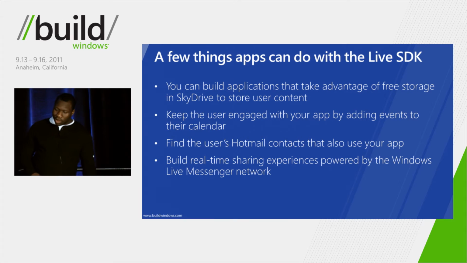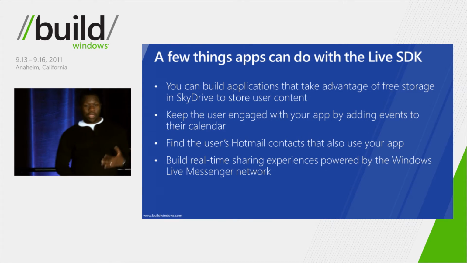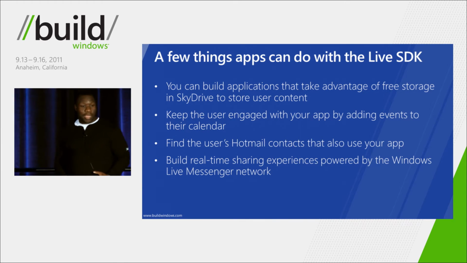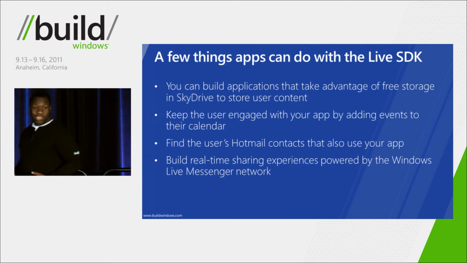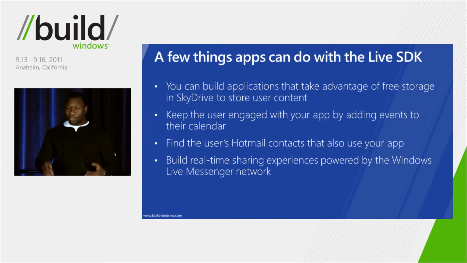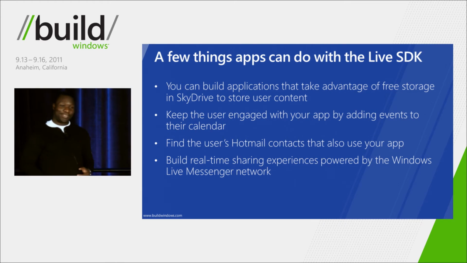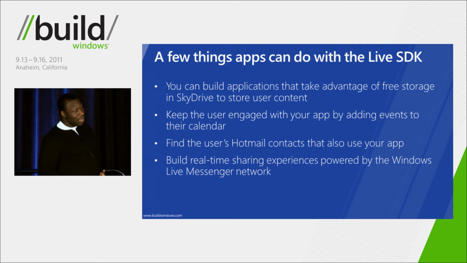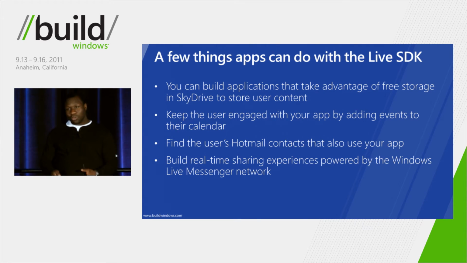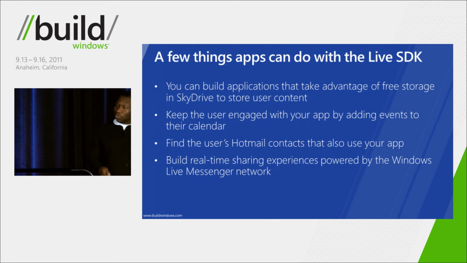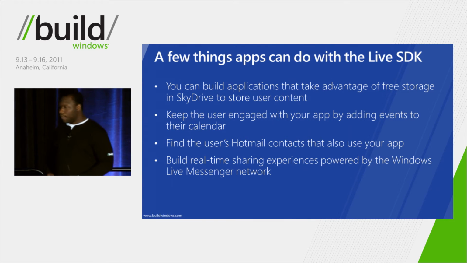And finally, since we're also giving a platform that enables real-time, simultaneous sharing experiences using industry standard XMPP, why not, if they're online, have you, within the app, start chatting with them, create a back channel right there in the middle of the talk, hopefully not snarkily commenting about my talk, but right there in the application. Now, these are just a couple of ideas I had on Tuesday while playing with the Build app, thinking, if I was this developer and I wanted to leverage Live SDK, how would I use it? I'm sure as you guys are sitting here, you're beginning to have ideas about how you could also leverage Live SDK in your applications as well.